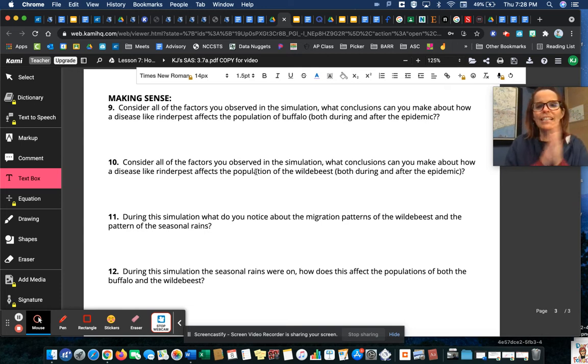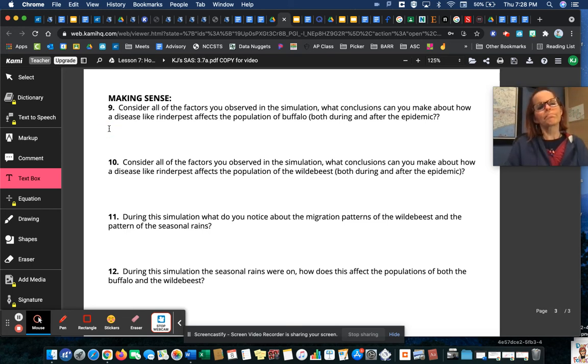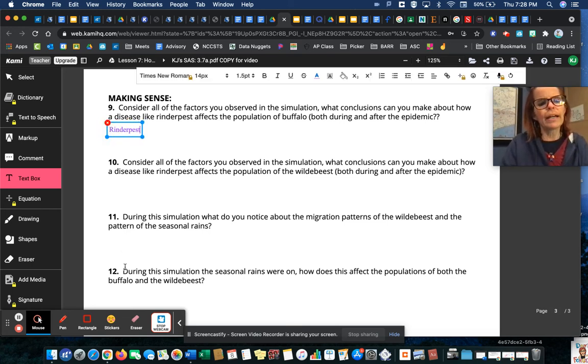All right, so let's take a look and see if we can answer these last 4 questions, and then we'll be done. Consider all of the factors you observed in the simulation. What conclusions can you make about how a disease like rinderpest affects the population of buffalo? So let's go ahead and type it. Rinderpest decreases the buffalo population somewhat,